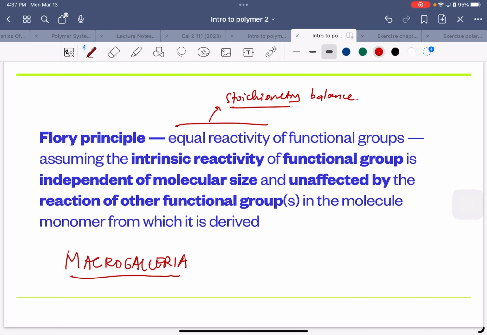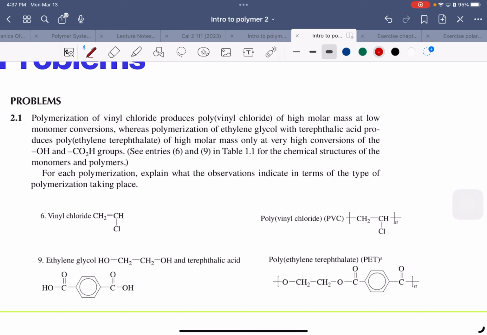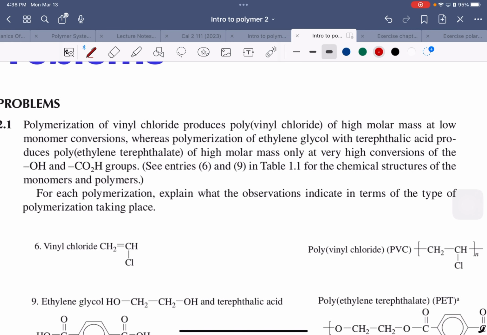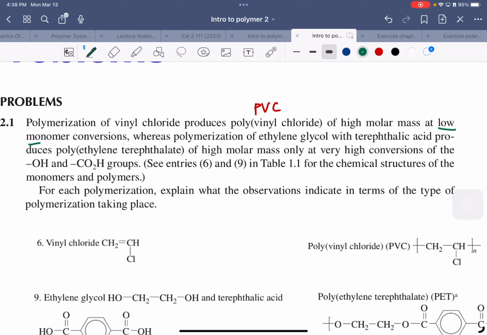Here is just a small problem. I think we ended up here last time. Let me read the question for you. Polymerization of vinyl chloride produces polyvinyl chloride, or PVC, of high molar mass at low monomer conversions. This is important. The other polymerization is ethylene glycol, a normal alcohol, with terephthalic acid,